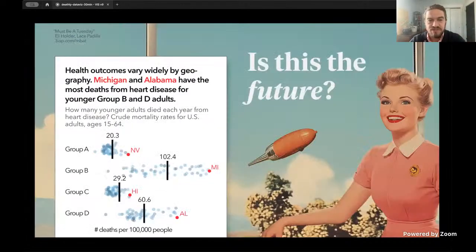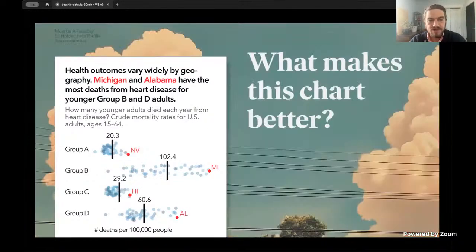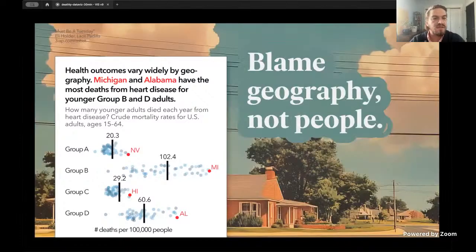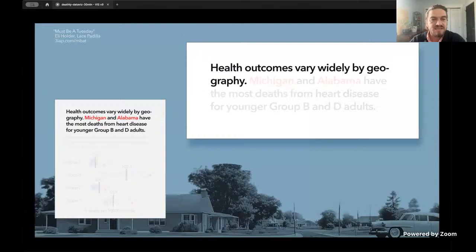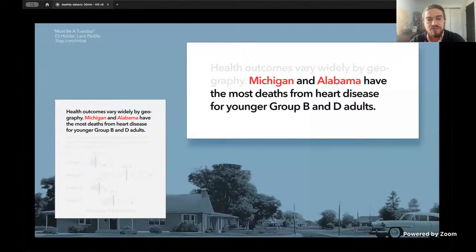One way to demonstrate that we can build a better chart is to actually design a better chart. But what would make a chart like this better? How could a chart like this offset blame and stereotyping while managing viewers' risk, behavior, and support? The big idea here is reminding viewers that health outcomes can depend more on where people live rather than who they are. So this chart blames disparities on geography and not people. And it does this in two ways. First, the title says very directly, health outcomes vary widely by geography. It also calls out the states with the two worst group outcomes to tie bad outcomes to places rather than